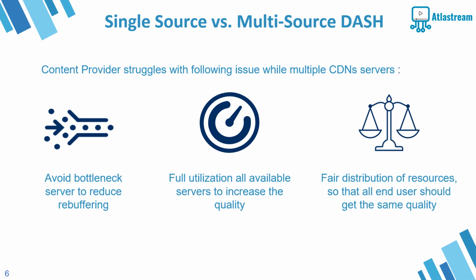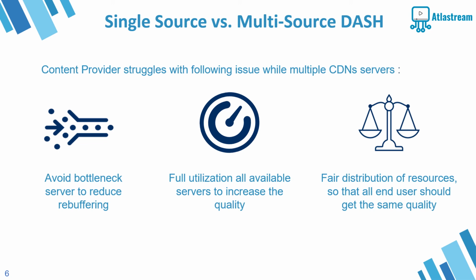Current video streaming solutions allow using only one CDN at a time, and use a third-party component or on-premise solution acting as a load balancer to switch between existing CDNs in case of server bottleneck. In this case, the player downloads the segments sequentially from the server. Although these solutions show good performance to some extent, they suffer from three main issues that directly contribute to unpleasant quality of experience. First, how to detect and avoid a bottleneck server in real time in order to reduce rebuffering events. Second, how to fully benefit from and utilize existing CDNs for better video quality. Third, how to provide a fair quality distribution among clients using the same paid service.